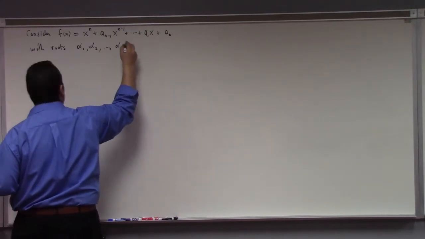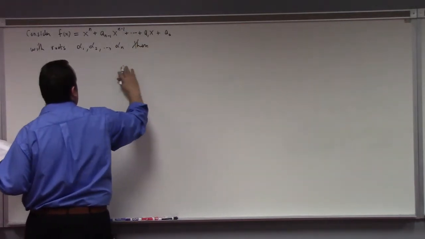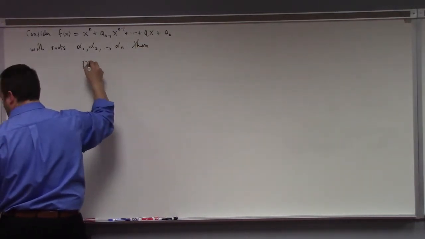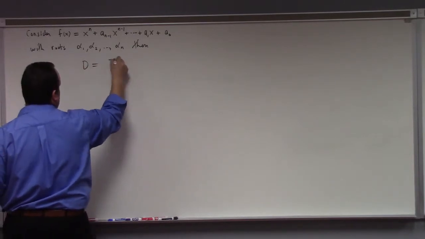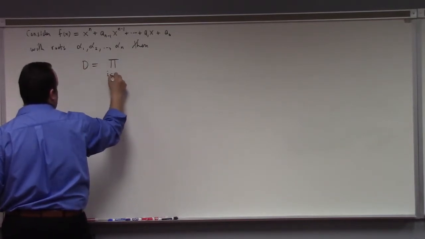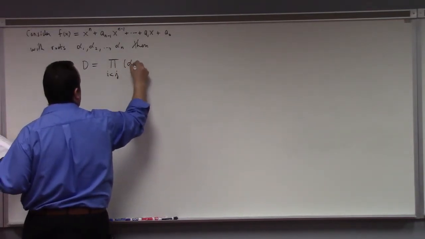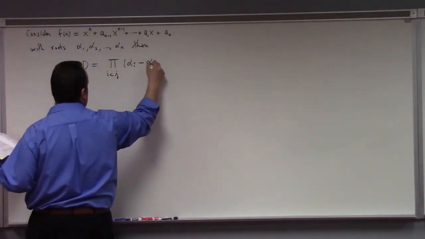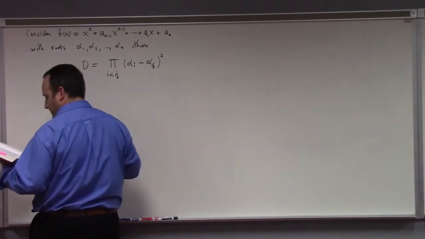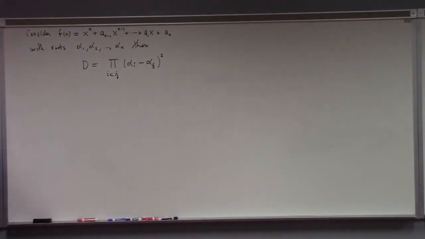Then the discriminant for this is the product, as we just said, over i less than j of (alpha i minus alpha j) squared. He says,